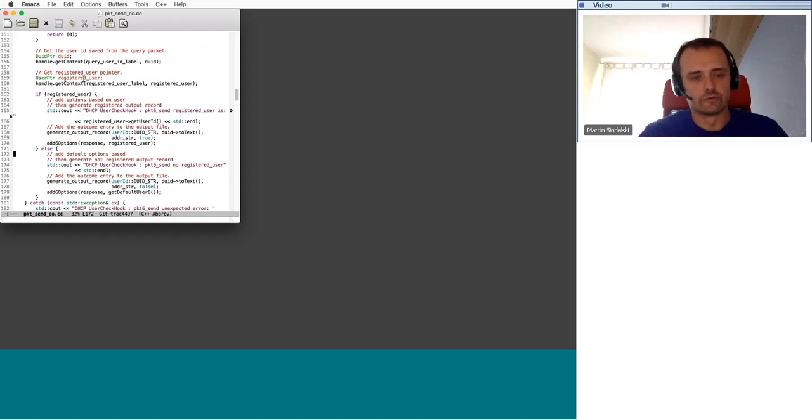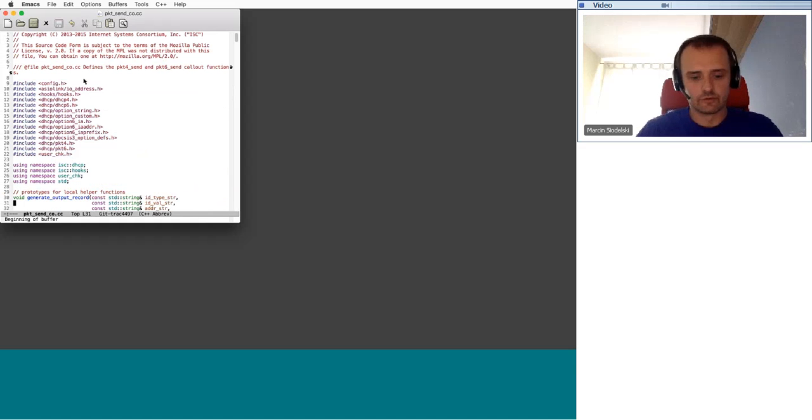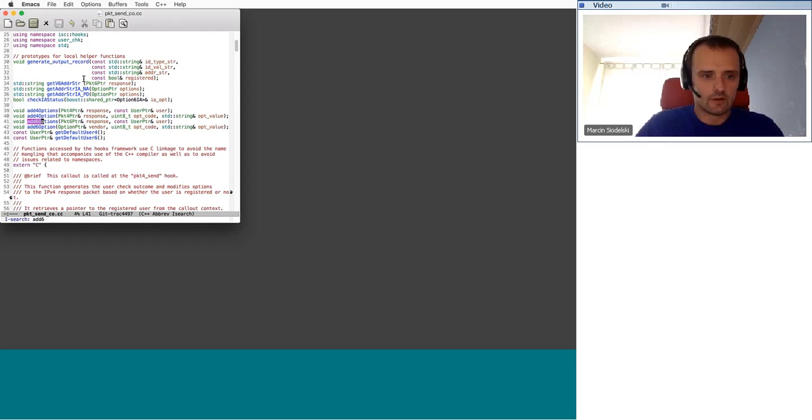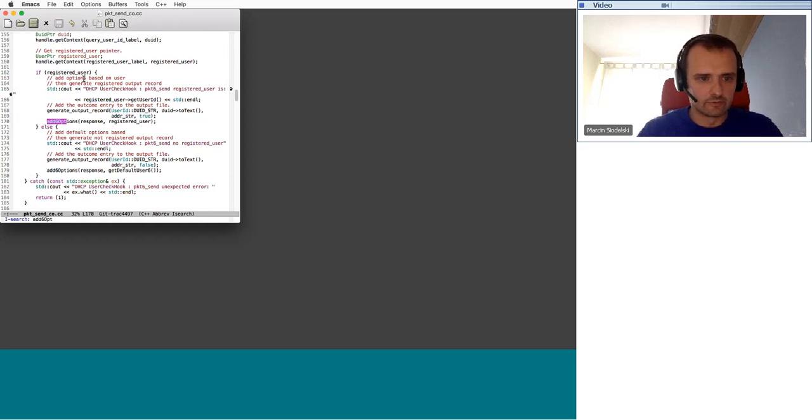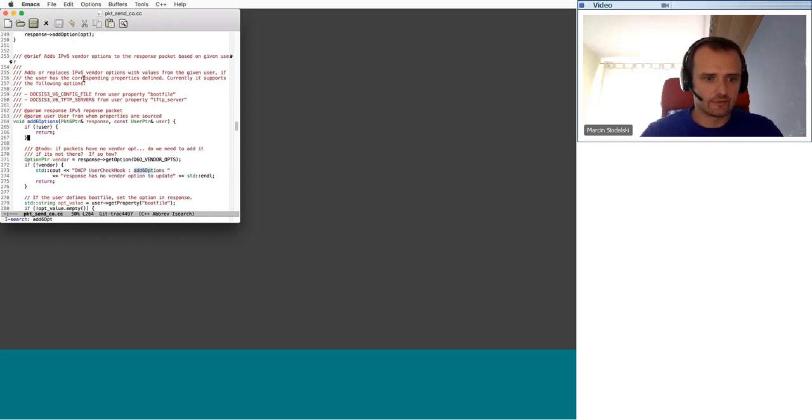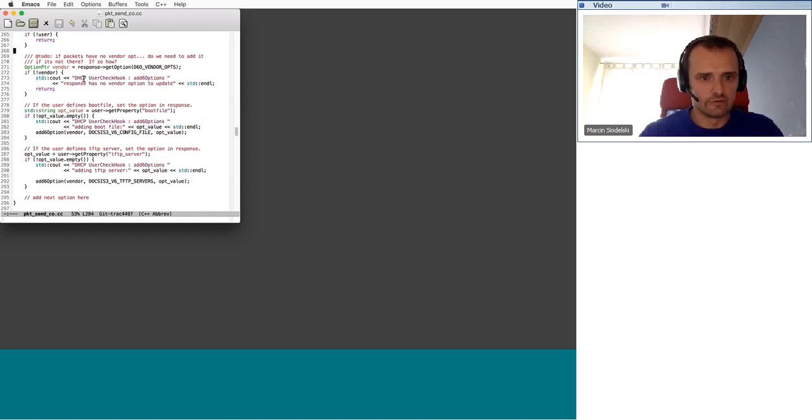Otherwise, if the user is not registered, it looks pretty similar, except that instead of a registered user, we're calling the getDefaultUser6, which returns the default user for which the default values from the Kea configuration file will be assigned. I think it might be worth to also have a very brief look into add6options here. So you can see that